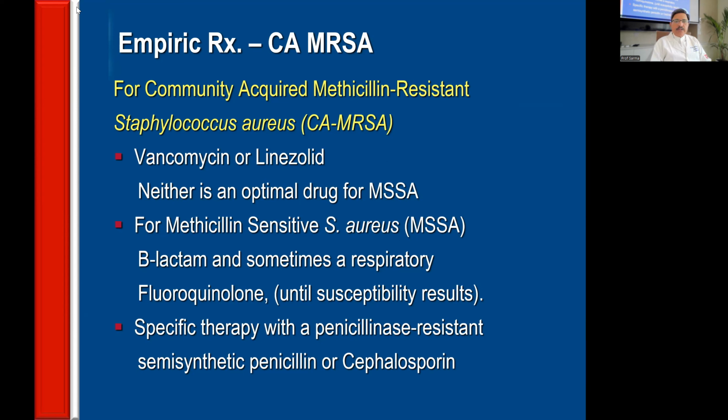Specific therapy with penicillinase-resistant semisynthetic penicillins or cephalosporins can be used. Now, to summarize again, I have a patient who is healthy, qualifying for outpatient treatment, having no comorbidities, belonging to grade 1 of CURB or PORT, and he can be treated as an outpatient. And I have only one drug to be given. What drug? Either a macrolide or doxycycline. If I use doxycycline, 100 milligrams, 200 milligrams BID. If I use azithromycin, 500 milligrams single dose,